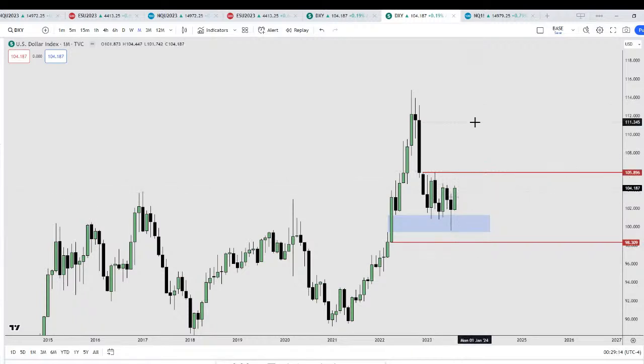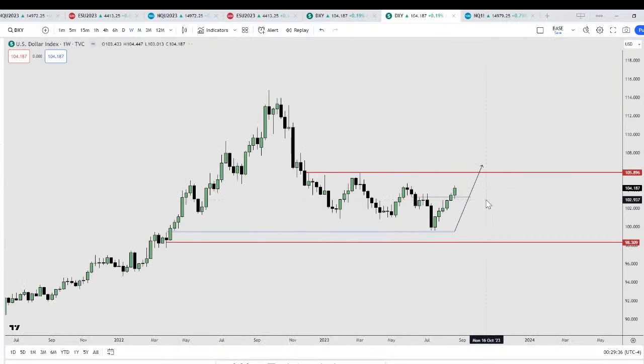And if that's the case, then we might not get the seasonal tendencies of equities finding a low in September/October if dollar is going to rally hard from this consolidation here. Okay, so if you use the daily chart,